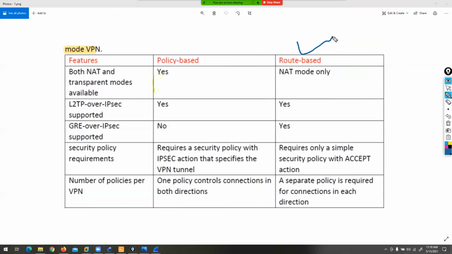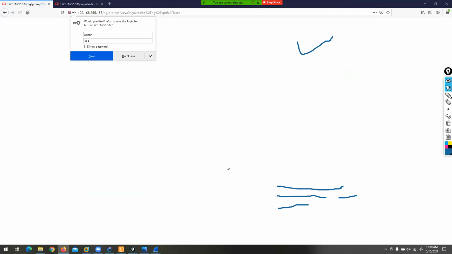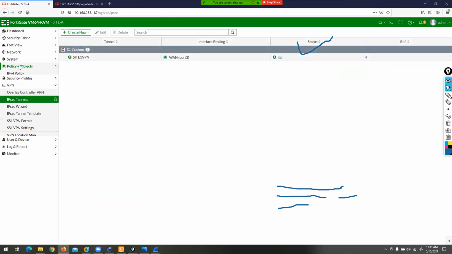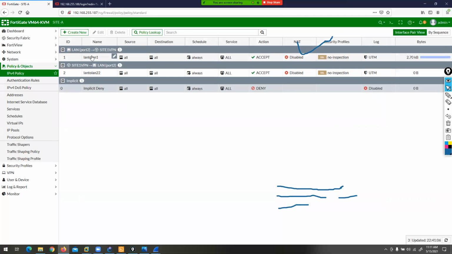In route-based, we required a separate policy for each connection in each direction. Remember, we defined two policies here. We need to define two policies: LAN to VPN interface, and VPN to LAN interface.